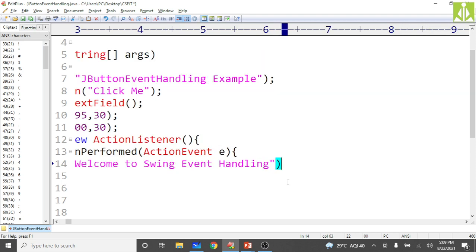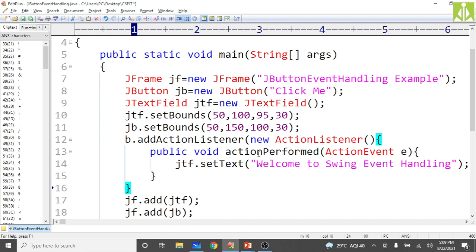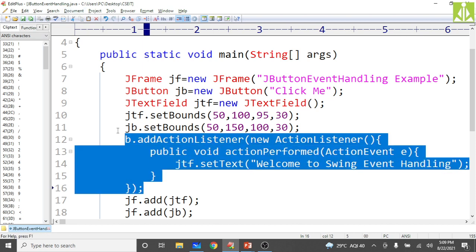Close it, and at the end put the semicolon, and here you come down. You need to close two things. First you need to close this actionPerformed, then you need to close this ActionListener, then close the addActionListener parenthesis, then put the semicolon at the end. That's it. Now save it. From here to here, this is nothing but performing the event handling. This is event handling code.